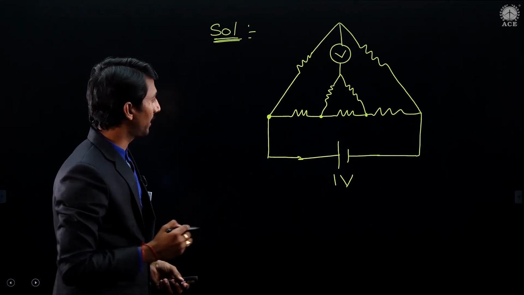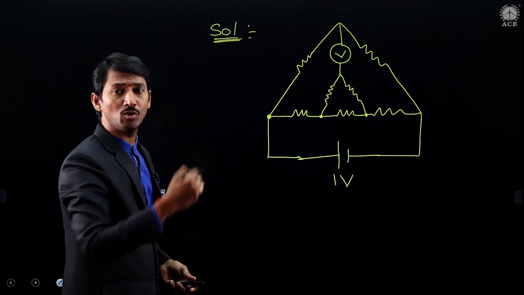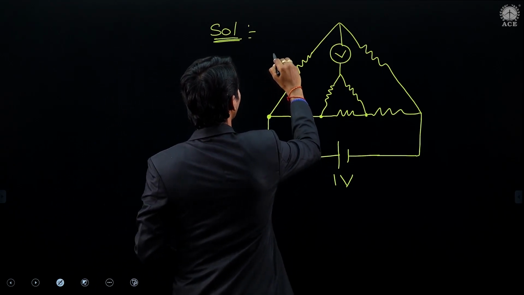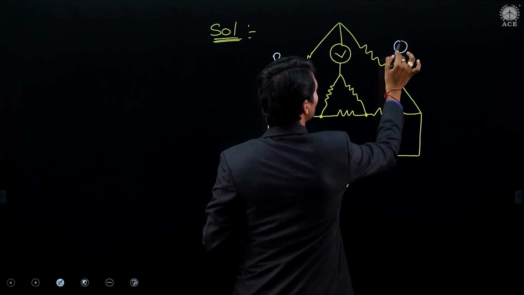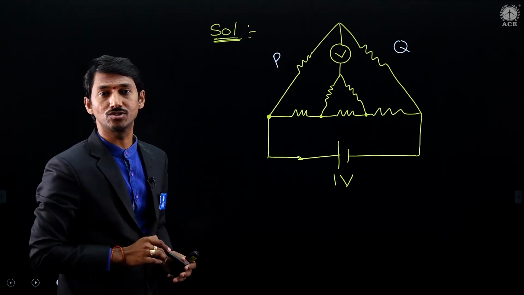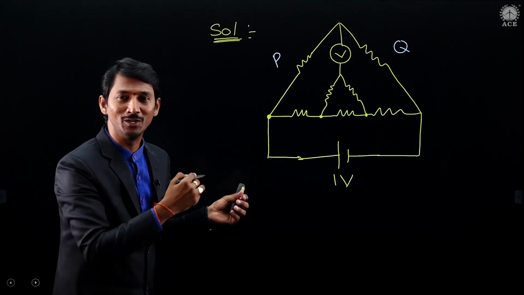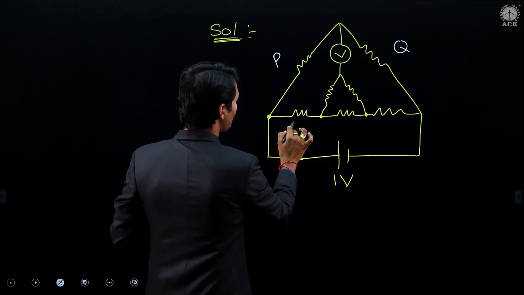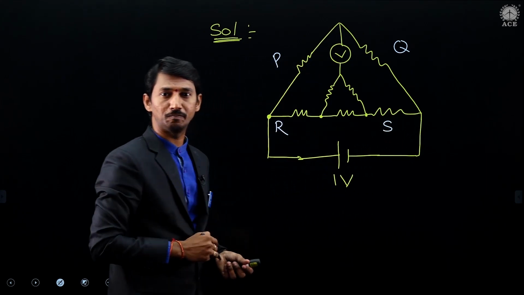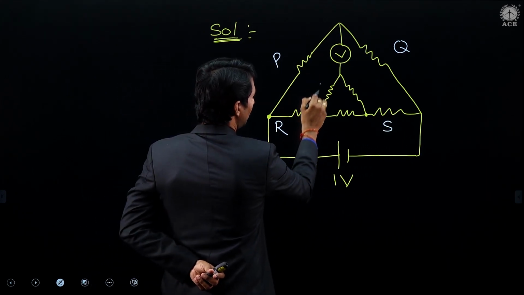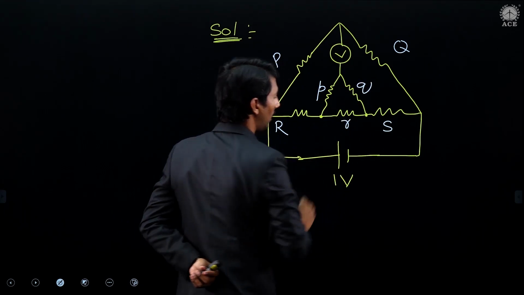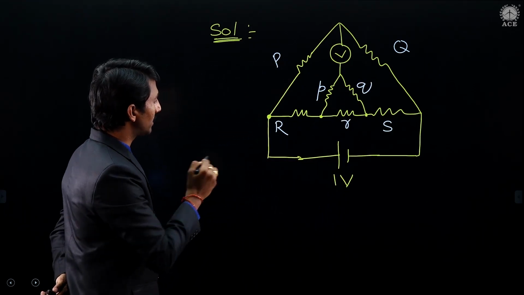Okay, no problem. See, generally our terminology is what? Normal terminology for a bridge is, this is P, this is Q. I am writing PQ terminology only to understand this question. After that, according to the given terminology, we can proceed. PQ, and this is R, and this is S. This is the general terminology. Sir, this is generally denoted with small p, small q, and small r. Okay. Now let us go back.